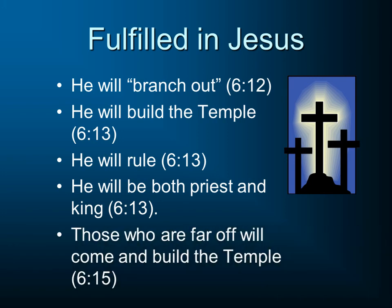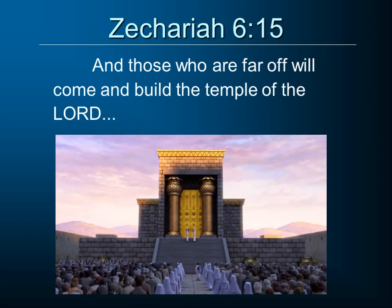Those who are far off, this is the next verse we're going to read right now, will come and build the temple. You say, wait a second, I thought he was the temple, that he raised it up. Yes, that's true, but he will also not just raise the temple, he will build the temple. Here it is in verse 15, and those who are far off will come and build the temple of the Lord. Now that took place in Zechariah's day,